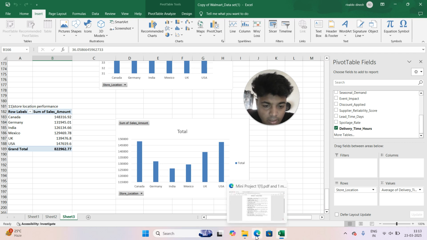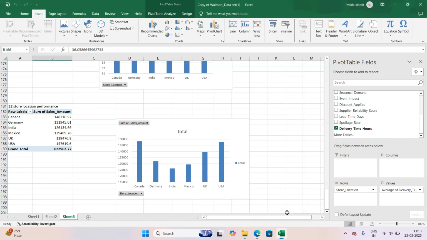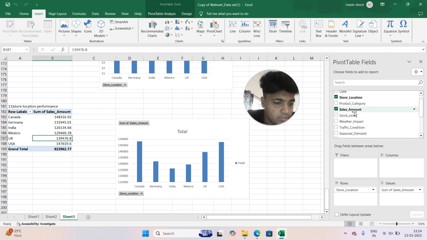So coming to our last question, store location performance. Compare sales performance across different store locations to identify high performing and underperforming regions. So they're asking us to calculate the store location performances. So again, for store location performance, you need store location and also the sales amount, right? So without the sales amount, you cannot analyze how they perform, right? So store location again to rows, sales amount again to values, but this time you give it as sum in